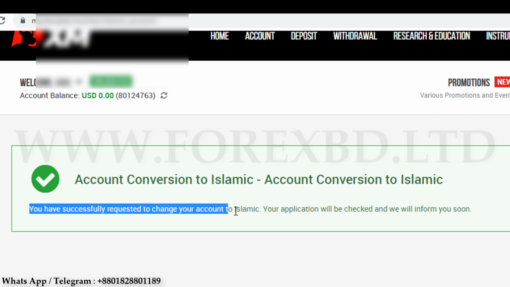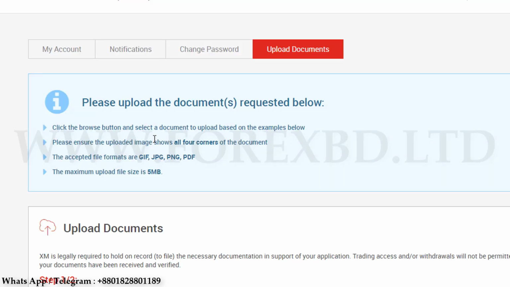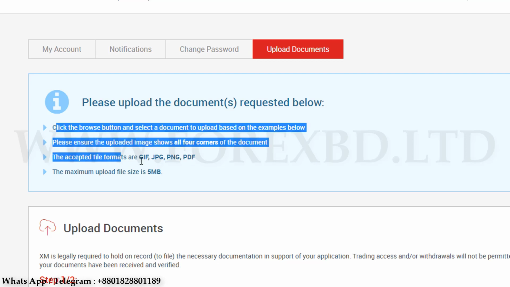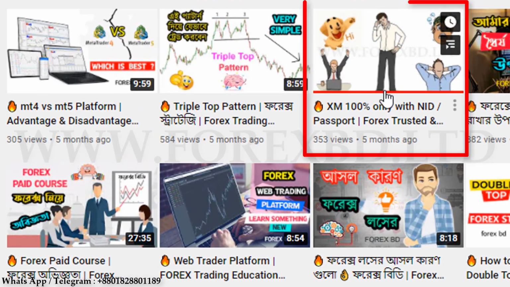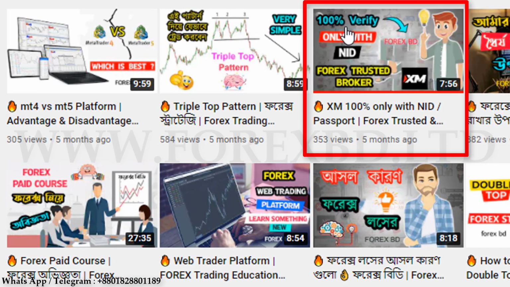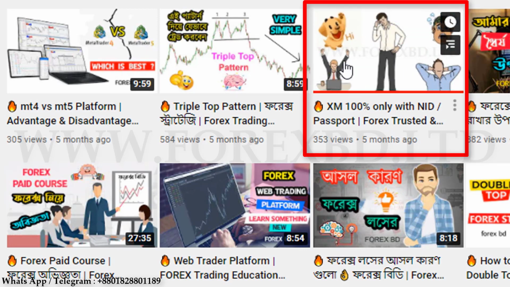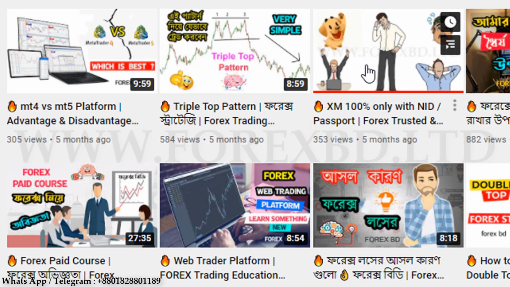However, in order to have an Islamic account, your account must be verified. After verifying the account, you can send a request for an Islamic account. No need to worry. Verifying the account here is a very simple task. We have discussed this issue in many videos. Here you can verify the account with just an ID card. No bank statement, no electricity copy is required anymore. And the account is verified in a very short time. This is very easy, which we have shown in a previous video. Those who have not seen it must see it. After seeing the video, you can verify your account very easily.